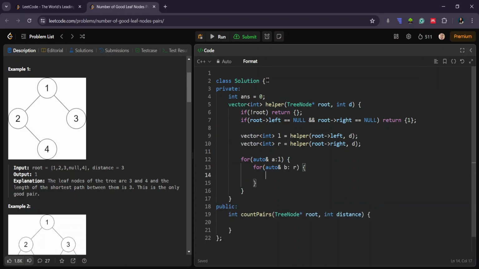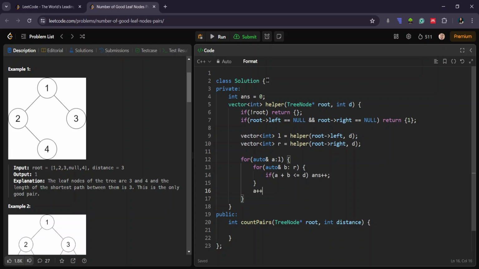Then you will check if a plus b, meaning 1 plus 1, is less than or equal to d. If it is, then only answer plus plus. This is the single step where we are updating our answer. And moving again over a, we check if a is less than d. If a is less than d, then only I am updating my